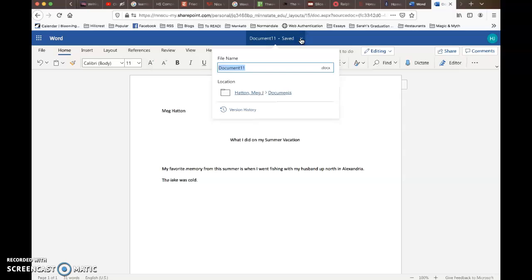So I'm going to do this, and it says file name, and I don't want it to be document 11. I want it to be what I did on my summer vacation. Okay, and now it says location, and it's in this folder that's my folder in documents. And to be perfectly honest, I do not know how to get to a different folder. So I think I'm just going to have to leave it there, which is why my OneDrive is a mess,